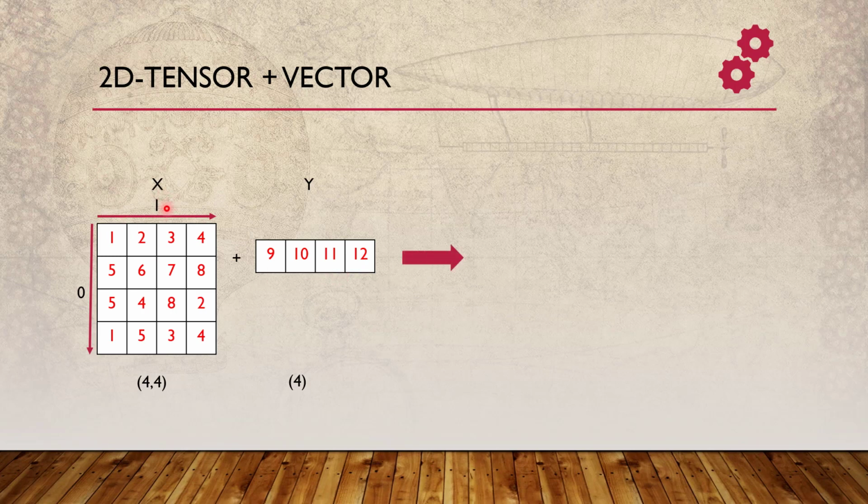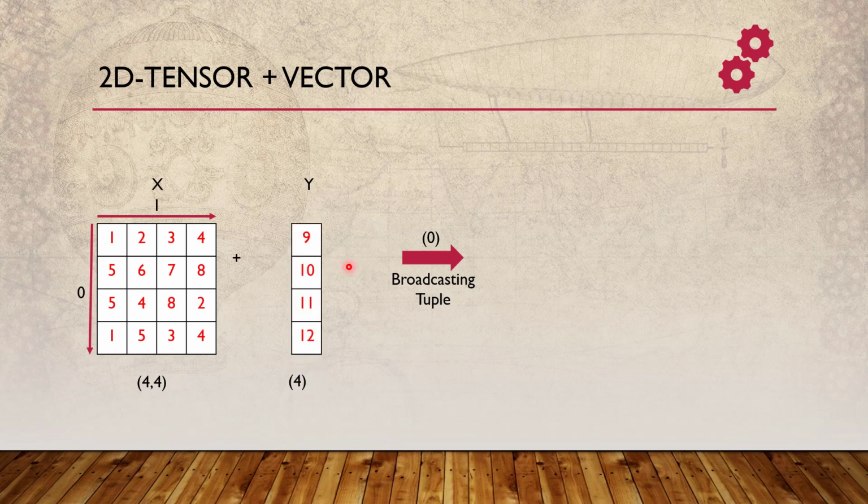So now let's say, because the first also matches with the number of elements of y, the size of that particular dimension of y, we can broadcast using 0 as well, the 0th dimension, over here. Okay, but in this case, because 0 means we need to at least have 4 rows to start with, but in the y currently we have a single row. So if we want to broadcast using the 0th dimension, first we need to make this y column wise. Okay, so that means I just establish the 4 rows over here.